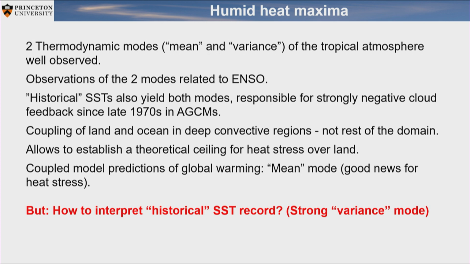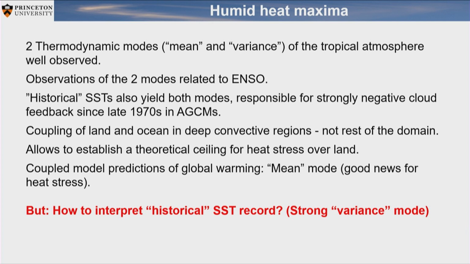I've made the case that we can think of what people also call the pattern effect, that to some extent we can just think of it as a thermodynamic or radiative thermodynamic mode of climate, which simply says it's not sufficient to only know the average surface temperature, but you also need information about the distribution of subcloud MSE, because that is controlling what you then have in the free troposphere.